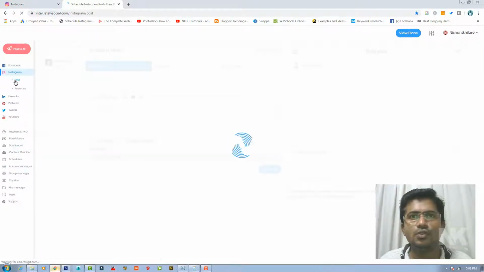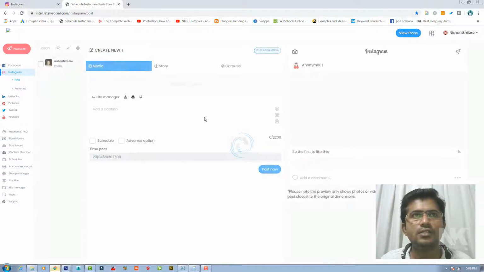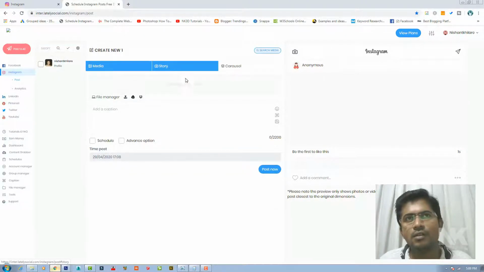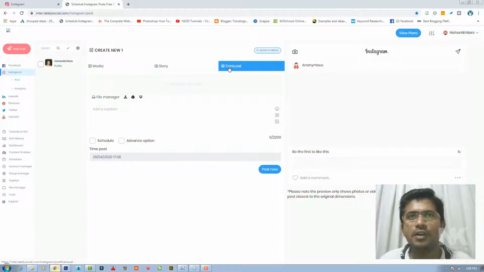Once you click on the post option, you will see something like this. Media is for posting a single image, story is for uploading your story, and carousel is for multiple images. We want to upload multiple images, so we will use this option, and for uploading the image we will use this option.